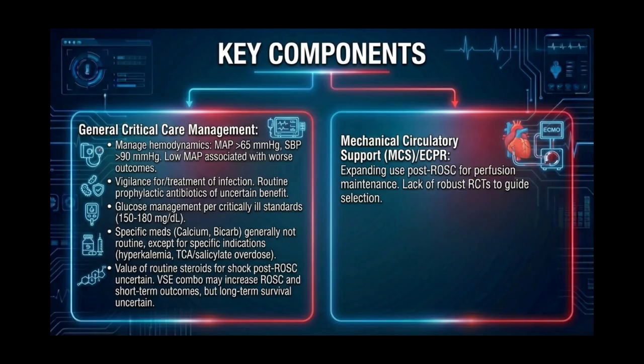It is crucial to remain vigilant for infections and provide appropriate treatment. Despite this, the routine use of prophylactic antibiotics in patients who have recently suffered from cardiac arrest remains uncertain in terms of benefits. Various trials have reported mixed results regarding improvements in survival rates and neurological outcomes, although one trial indicated a reduction in early pneumonia cases. Management of glucose levels should generally adhere to the protocols for critically ill individuals. The aim should be to maintain blood glucose levels between 150 and 180 milligrams per deciliter, utilizing insulin when necessary. The advantages of targeting specific glucose levels continue to be uncertain.